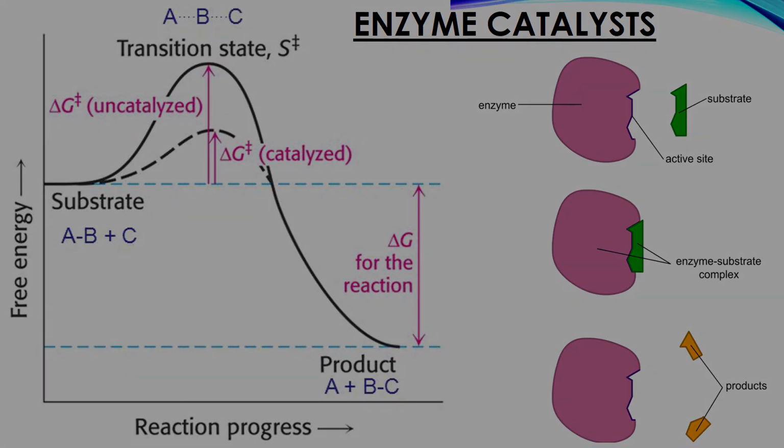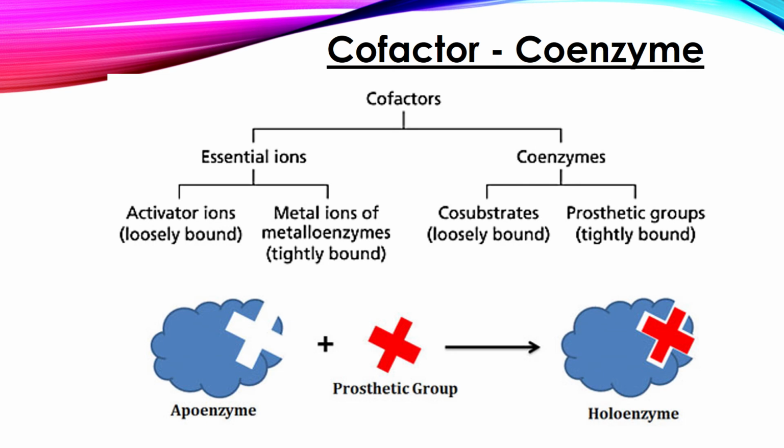Some enzymes require no chemical groups for activity, others require an additional chemical component, called a cofactor, either one or more inorganic ions, such as iron, magnesium, manganese, or zinc ions, or a complex organic or metal-organic molecule, called a coenzyme. Some enzymes require both a coenzyme and one or more metal ions for activity.